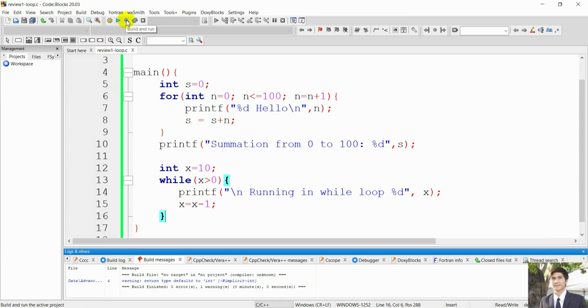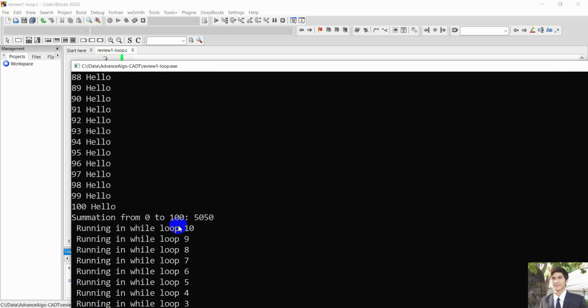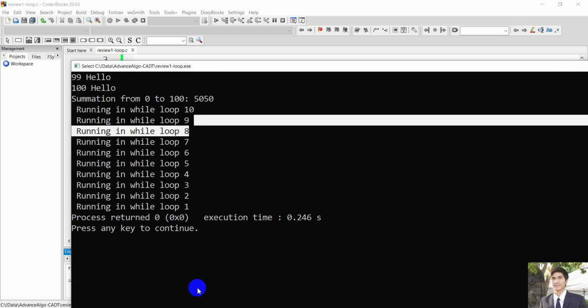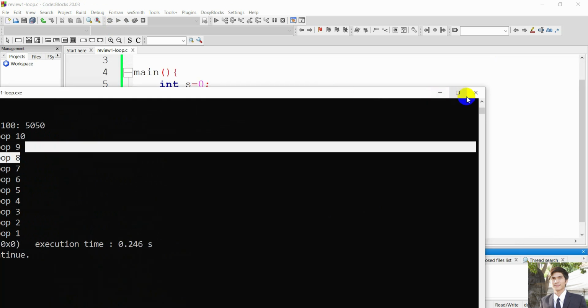There is one important point to remark in the tool here. As you can see, there are two buttons, right? The blue one and the yellow with blue. This is run and this is build and run. Each time that you modify the code, you must build and run, otherwise it will keep the oldest version. Let's say I change it to 100. If I click the run button here without build, it will take the old code, the previous run, which is 10, right? So you will get 10, 9, 8 until 0,